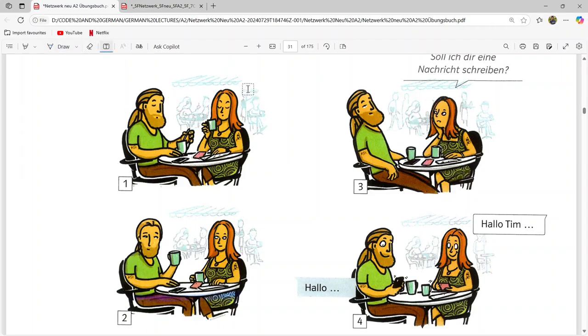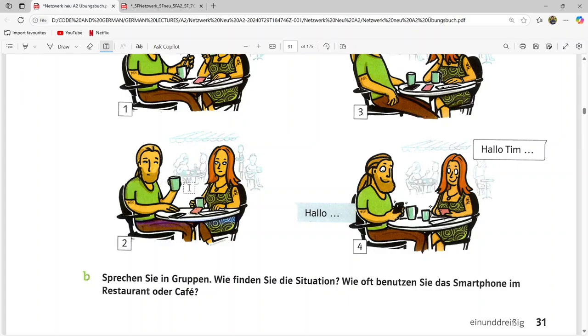The woman is saying that their coffee is good, and she is expecting an answer from the person. Okay, and in the second picture we can imagine that the man is looking elsewhere and not focusing on the woman. Okay, so the woman again, she might say, hör mir zu, do you hear me? Okay,